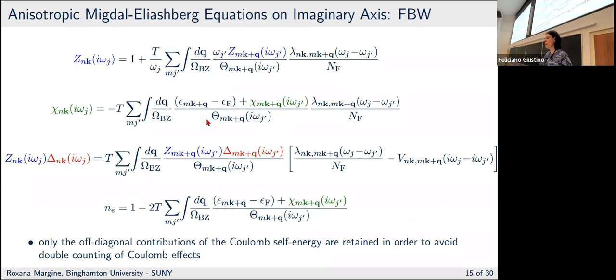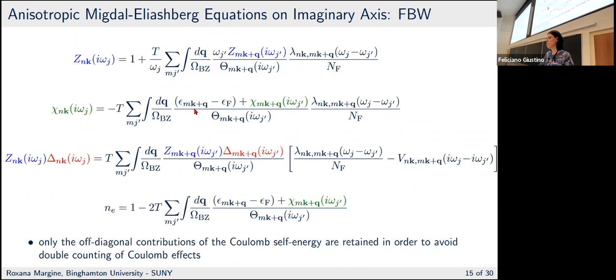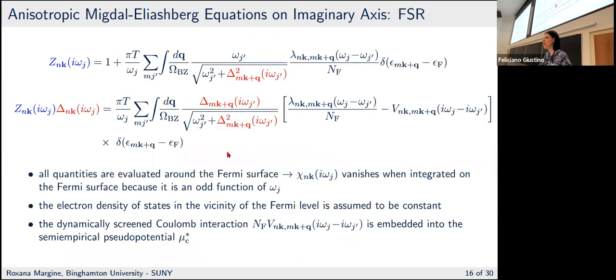One way to simplify this equation is to assume that the interaction takes place around the Fermi surface. This means that we can perform an integration here analytically, and in that case, we can show the chi term, the shift in the energy, to be 0, and the equation can be reduced only to a set of 2. And this is what we call the standard approximation, or the Fermi surface reduced